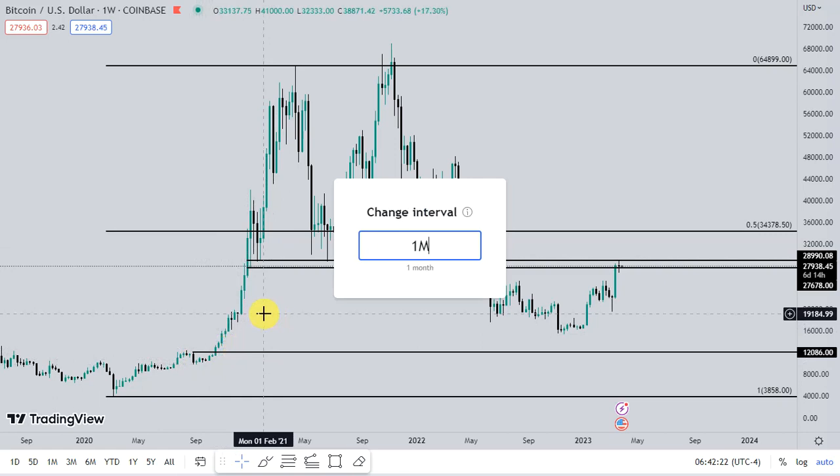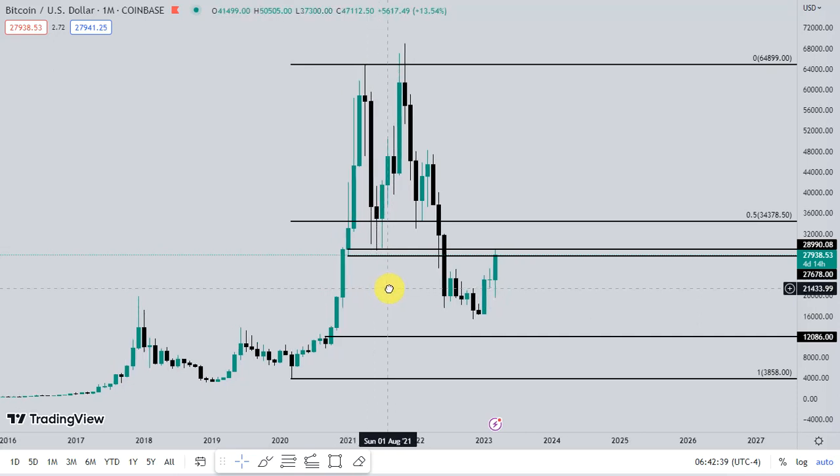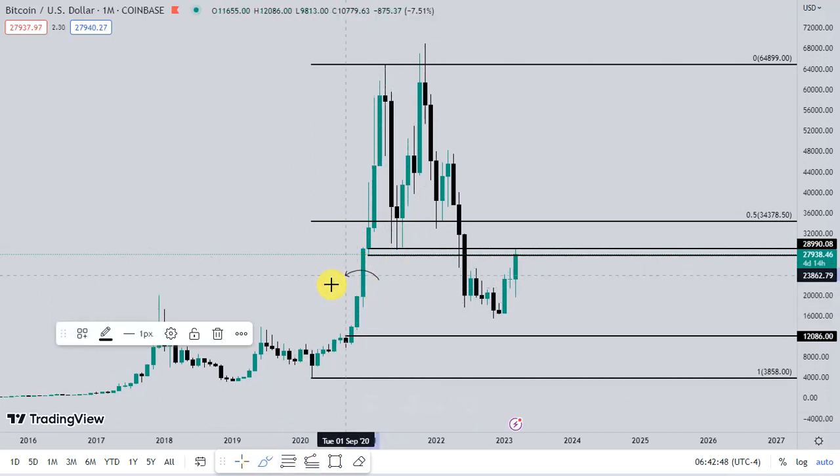And if we go back once again to the monthly, here you can see that if this was our bullish swing, we have taken out the external liquidity from this range, and price came to take the internal liquidity. Where was internal liquidity and fair value gaps? It was here, here, let me mark it, here, and we also have some fair value gaps here, especially on